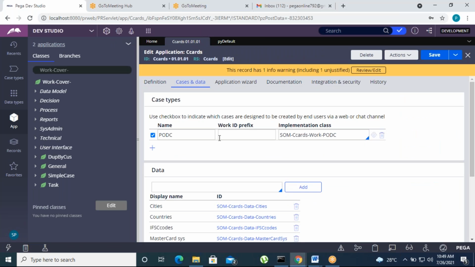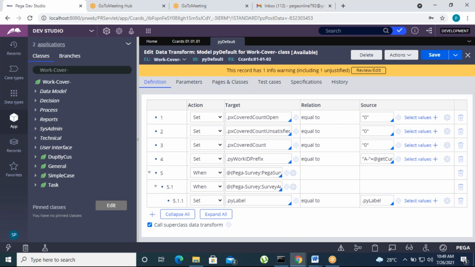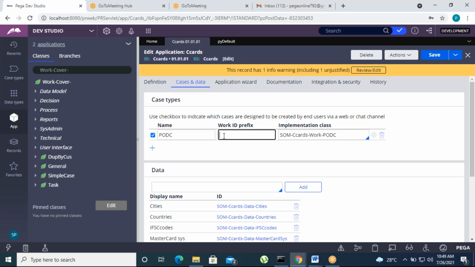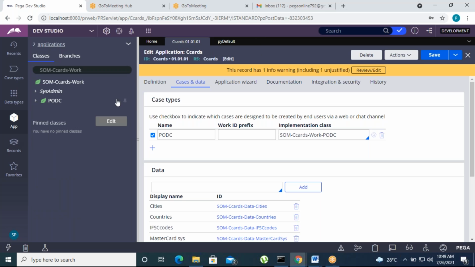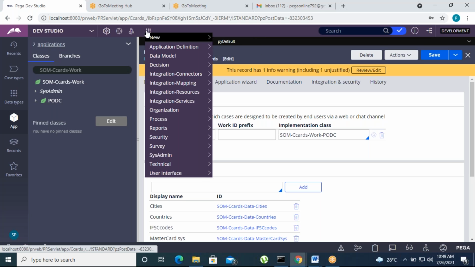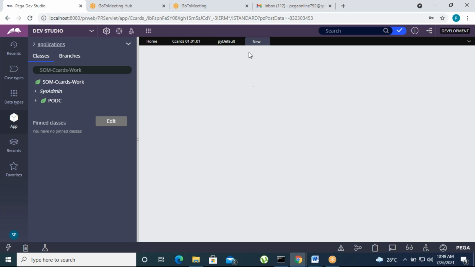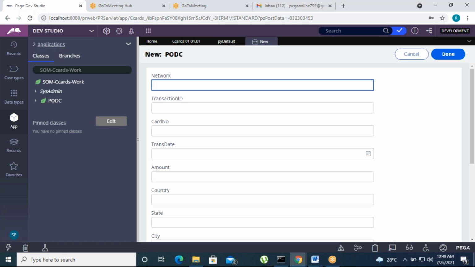So remember that if you are going to change any work ID prefix, then delete the existing prefix. Otherwise, it's not going to work. Let's open the class, run the case and test it now. Then see how the case ID will be created. Click on submit.